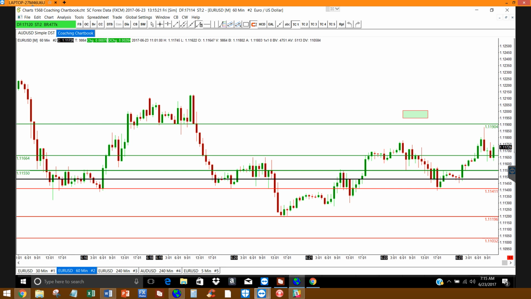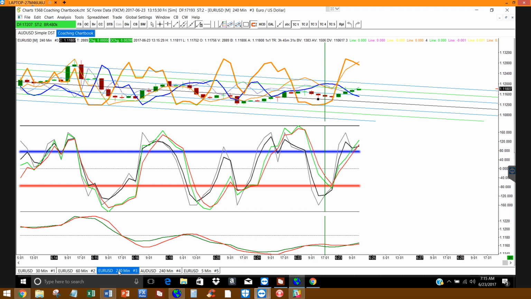We went for 3.7 pips long, and then we went for 14.4 pips short. So it's on a 240 chart. Yeah, that's it right there. So this one, yeah,